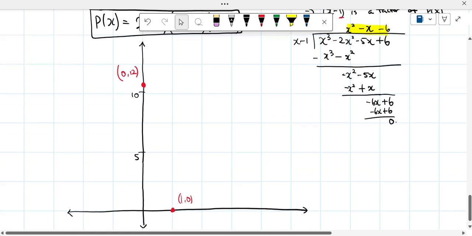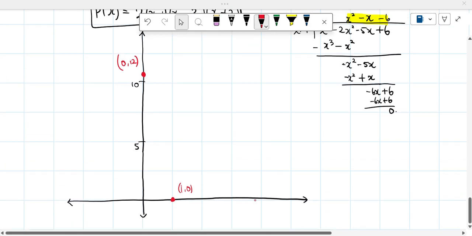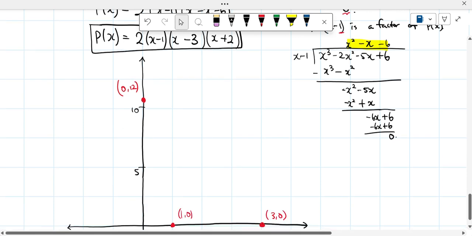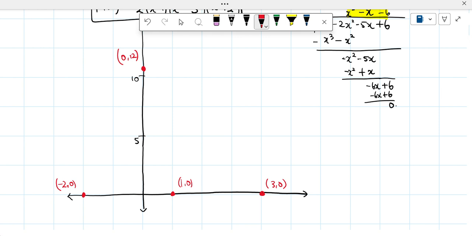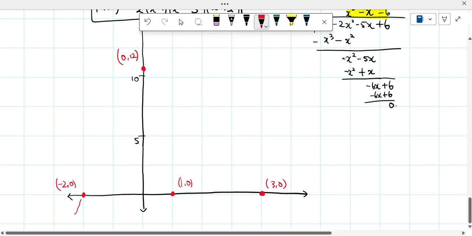And from x minus 3, we know that another x-intercept is at 3, 0. And finally, from x plus 2, we know that our final x-intercept is negative 2, 0. Now, let's connect the points while making sure that we have a cubic function, which may have a maximum of 2 turning points. And also it's positive, so it starts from bottom left and ends in top right. So I think naturally connecting these points, we'll have a graph something like,